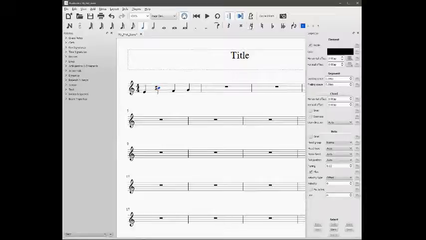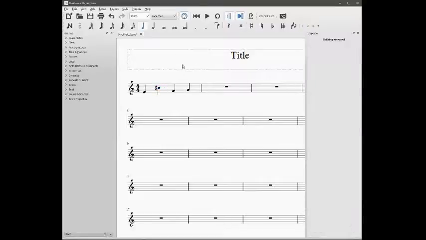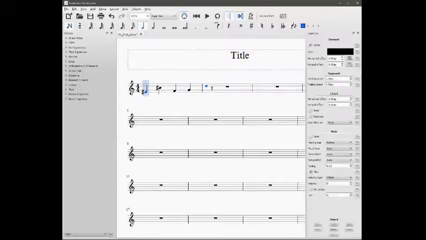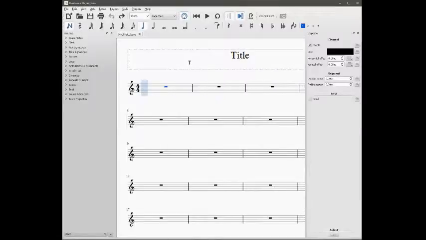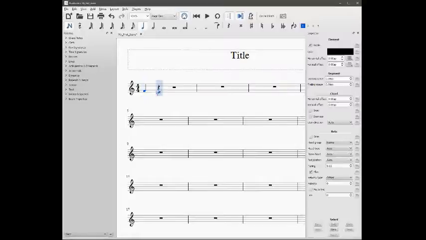I go up here and I just click on that. Or as you're adding the notes, I hit note entry mode and click on the accidental, so the click will be on the note. So I guess you have to click it after. Either way works. Control Z will undo changes I've done to my score. Let's say I go back to adding my notes,